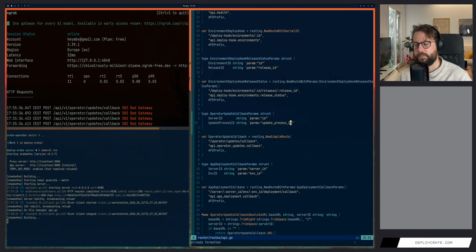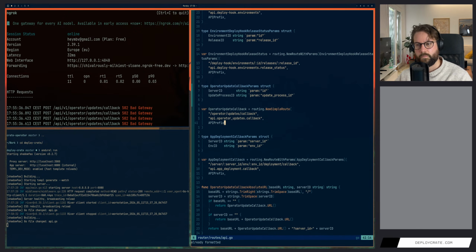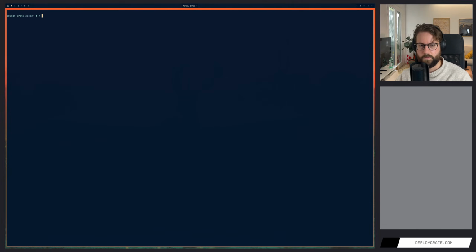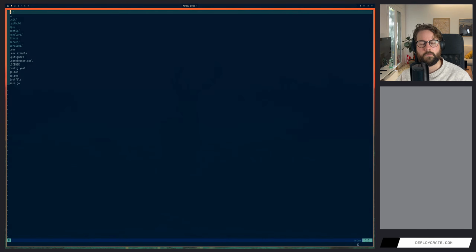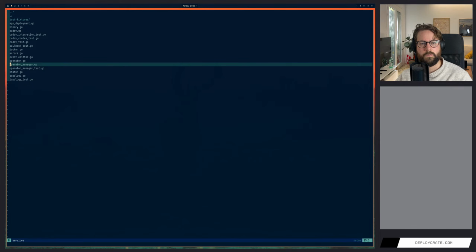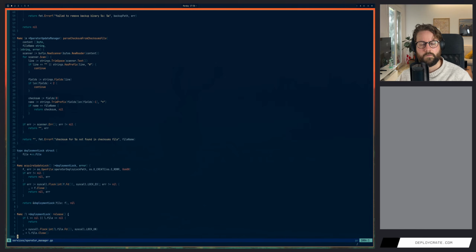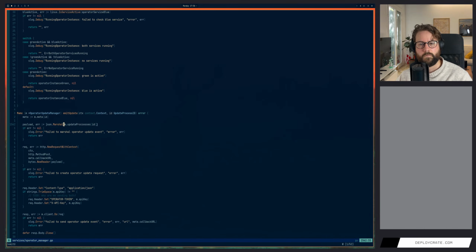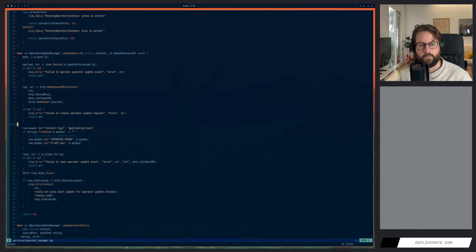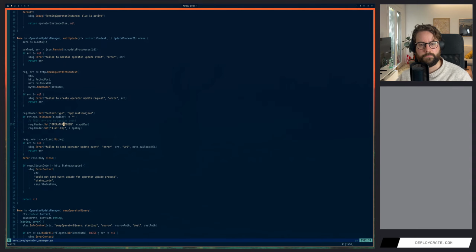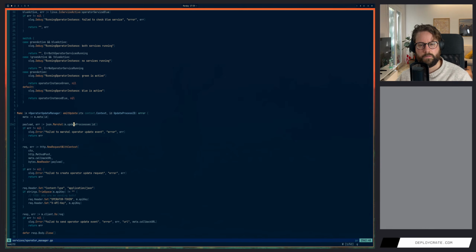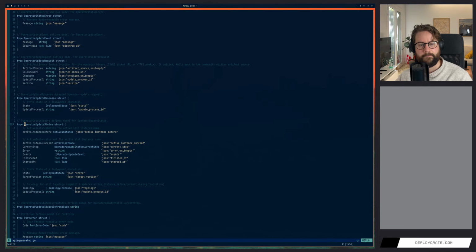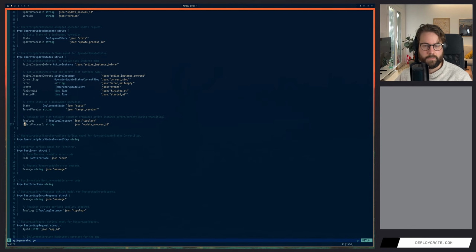Update process ID. But what did I do in create operator? In services, the manager emits updates. It emits the, this one. It already has the